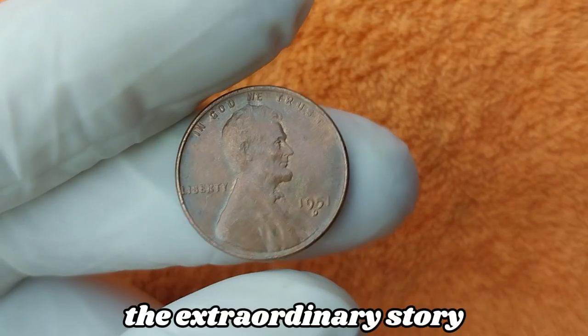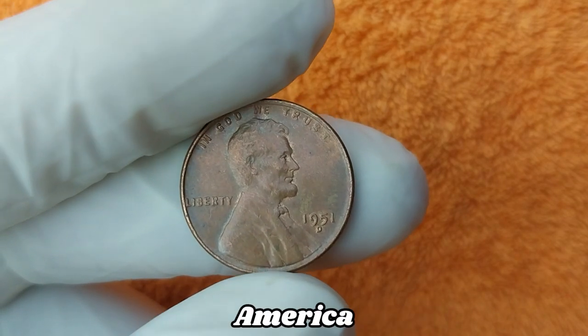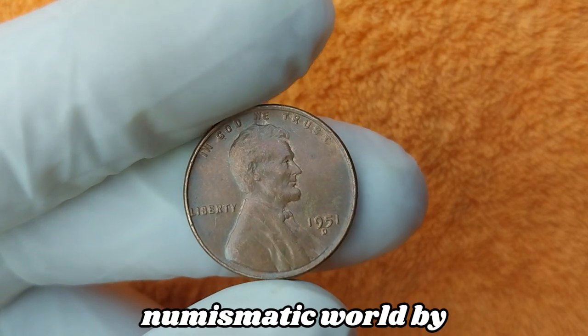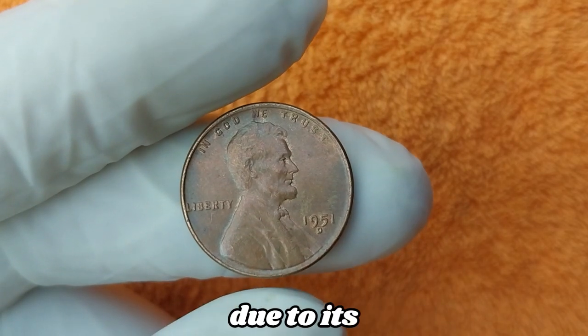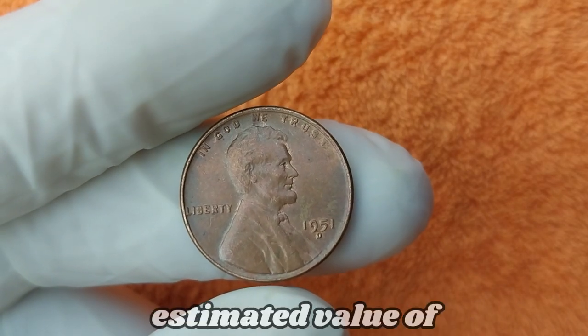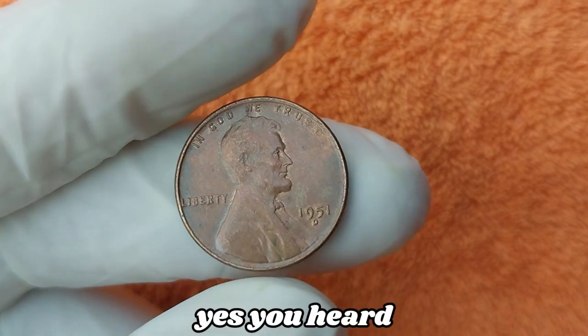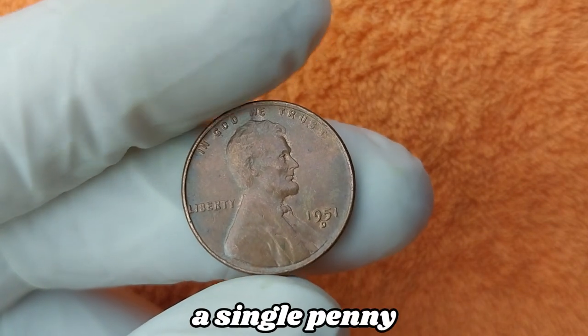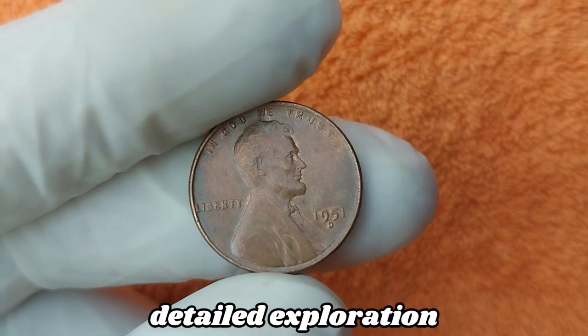The extraordinary story behind the 1951 D wheat penny from the United States of America, a coin that has taken the numismatic world by storm and captured the attention of collectors and investors alike due to its astonishing and highly debated estimated value of $52.3 million. Yes, you heard that correctly. A single penny worth over $52 million. And in this detailed exploration,